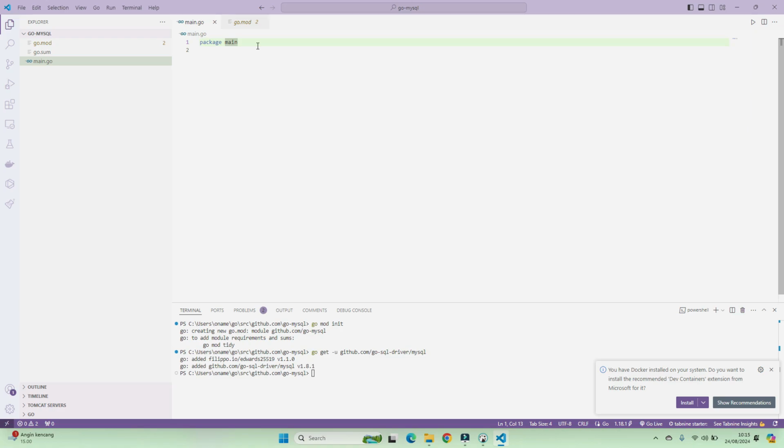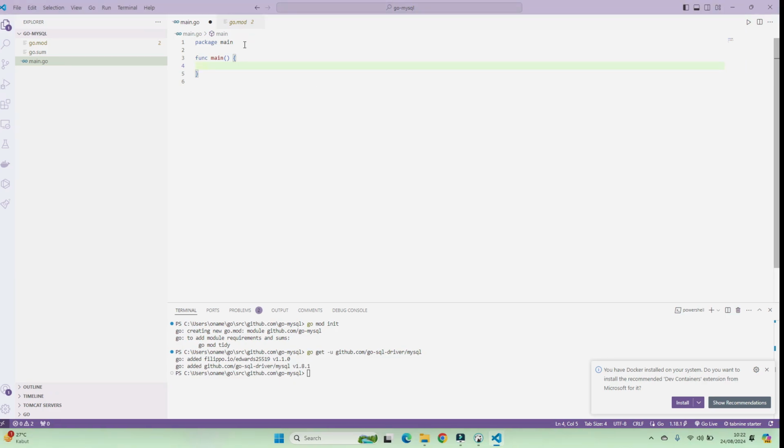and we need to make a function main to make a connection to the database, and we need to define it like this. And